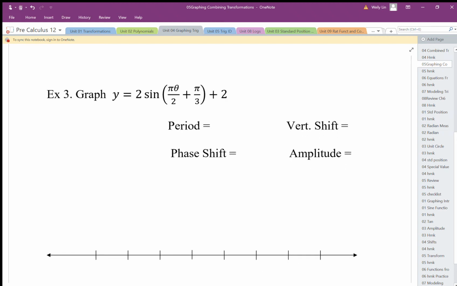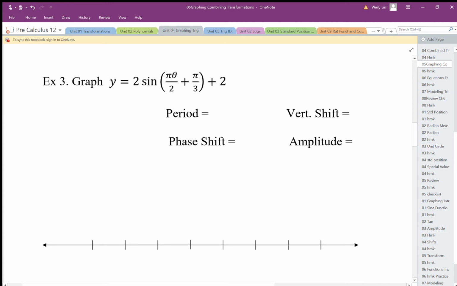Okay, so again, for this example here, we're doing much the same. We need to make sure it's in factored form. So the very first thing I'm going to do is write this into factored form. Okay, what's there? Y equals